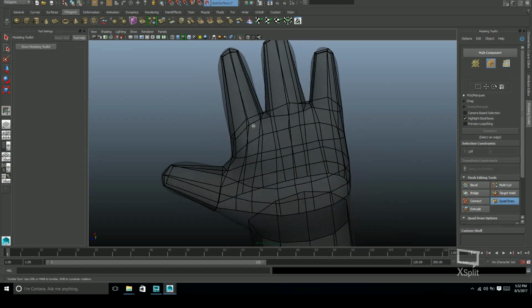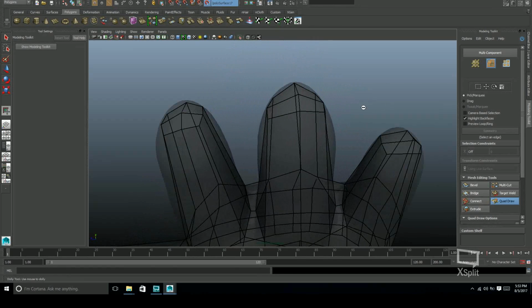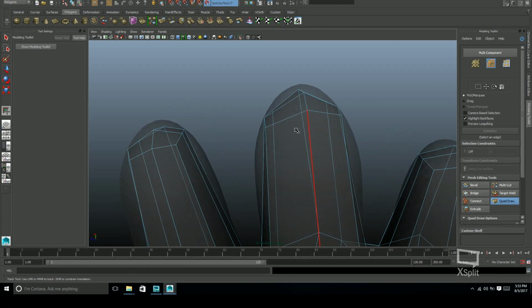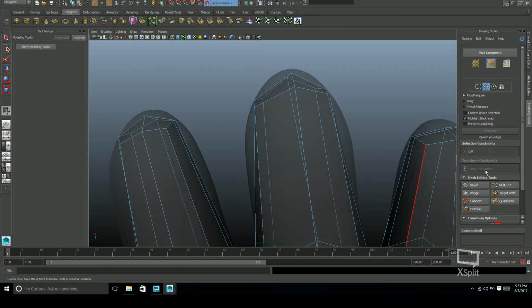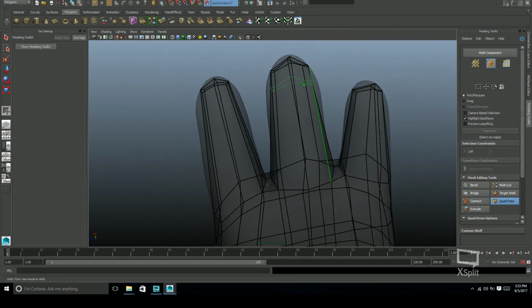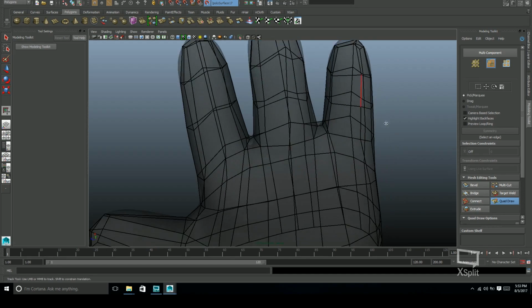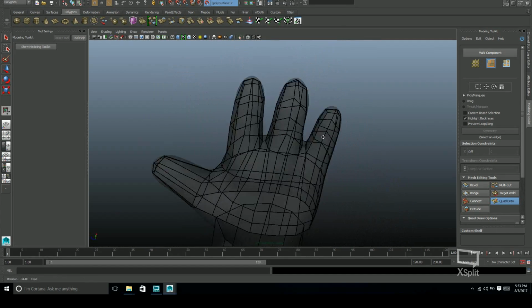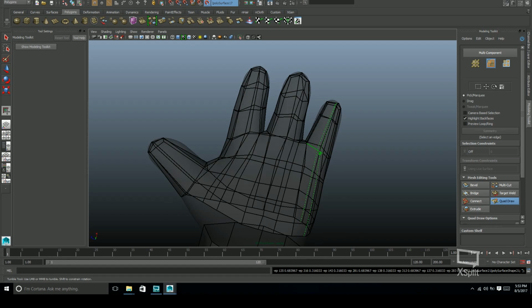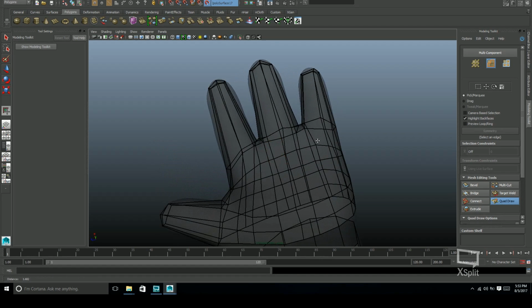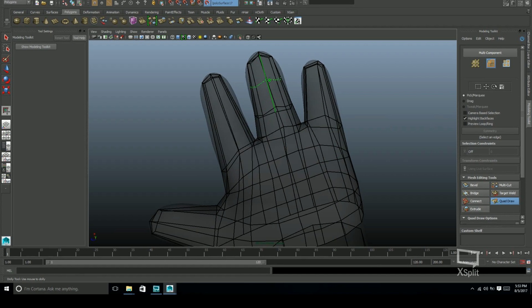These look much more circular right now. And now let's add these 3 loops, two more loops, sorry, for the finger bend. These are the points where the finger will bend. So you have to be very careful about this. You cannot just add it anywhere,